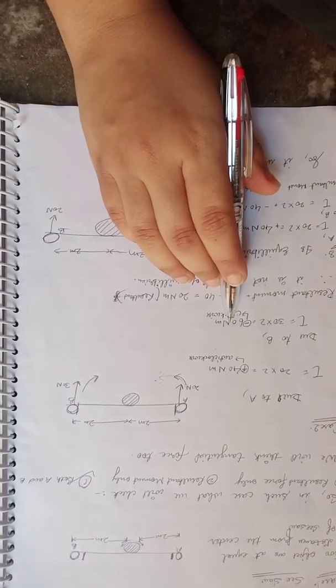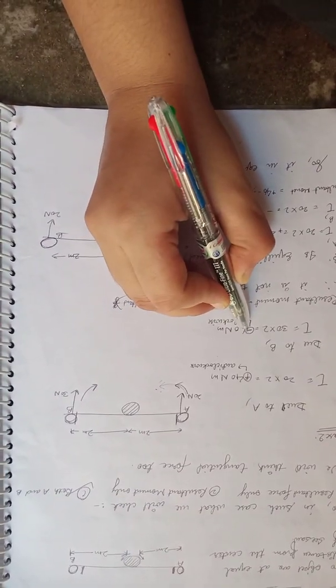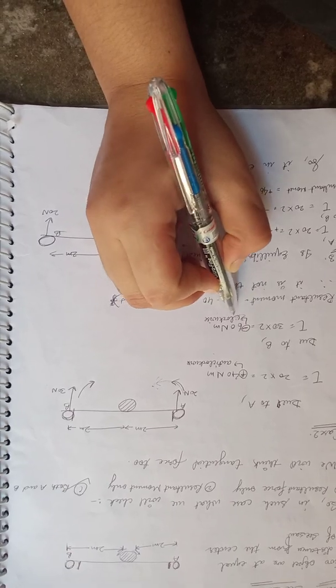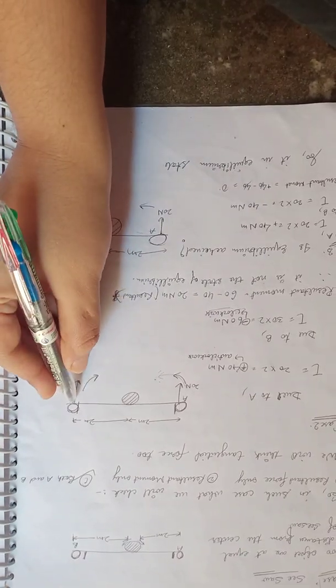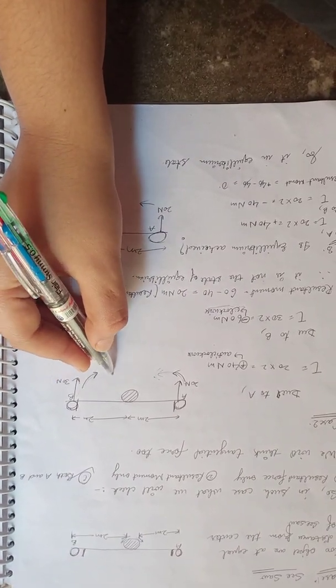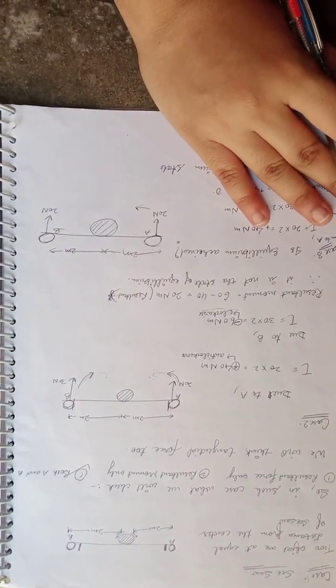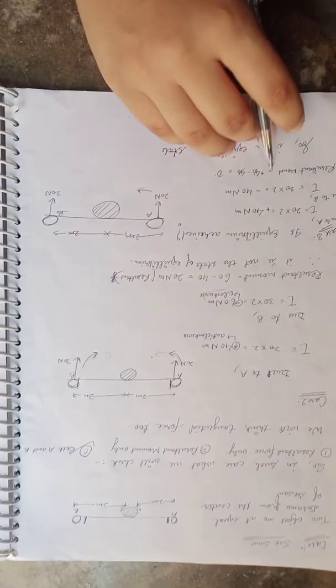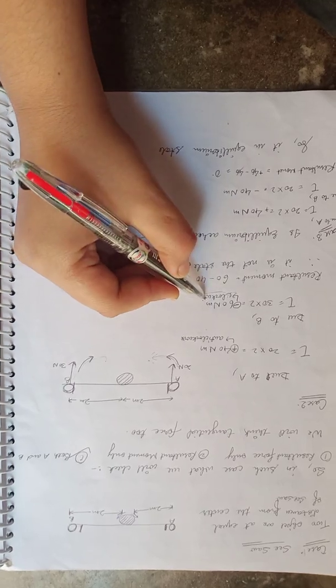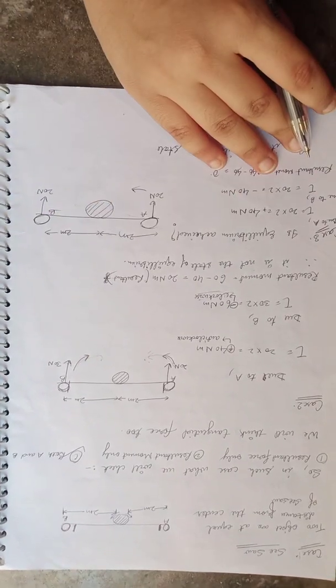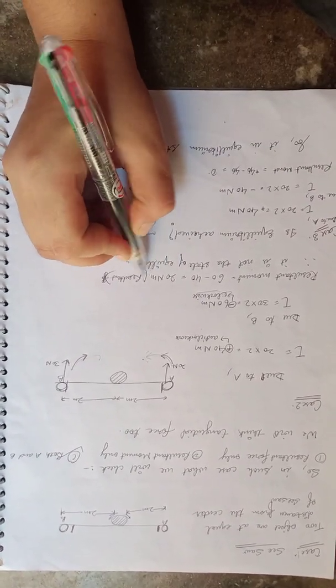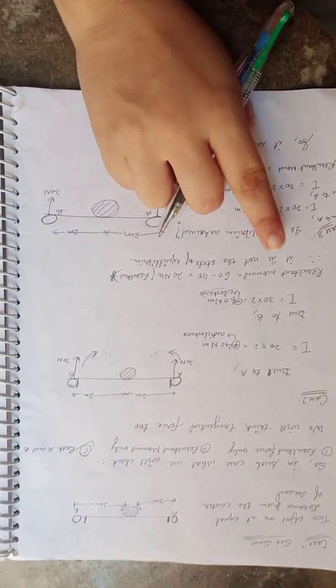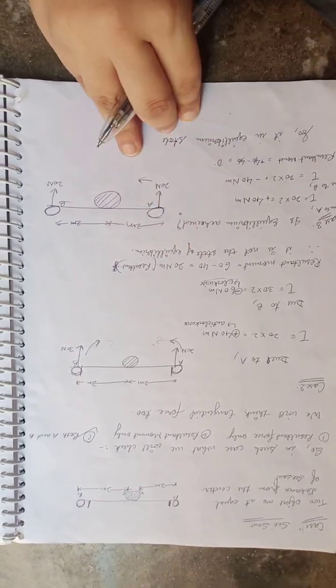So it is 60 newton meter, but the negative sign will come, and the negative sign indicates that it is moving in clockwise direction, because if it is acting downward, it will definitely rotate here. Okay, so the resultant moment you will calculate as 60 newton meter minus 40 newton meter. What will we get? 20 newton meter as a resultant moment. Therefore, it is not in the state of equilibrium.